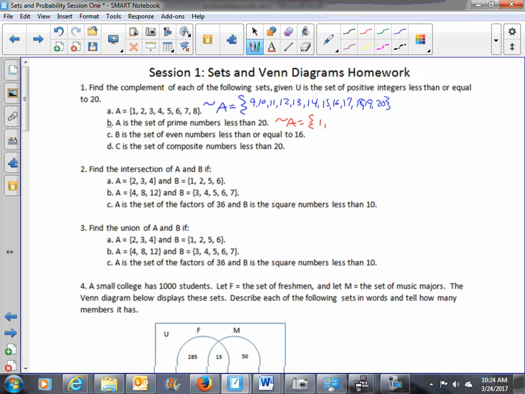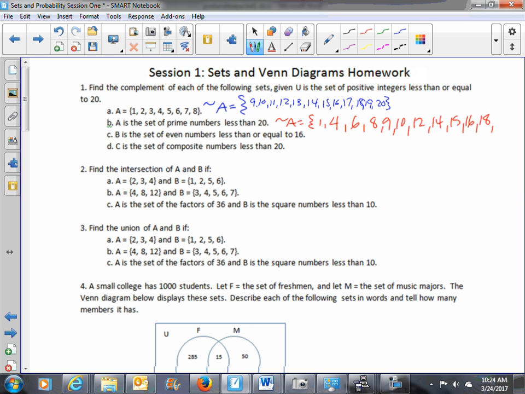would be 1, because a complement is the set of positive integers less than or equal to 20 that aren't prime. And 1 isn't prime, 2 is, 3 is, 4 isn't, 5 is, 6 isn't, 7 is, 8 isn't, 9 isn't, 10 isn't, 11 is, 12 isn't, 13 is, 14 isn't, 15 isn't, 16 isn't, 17 is, 18 isn't, 19